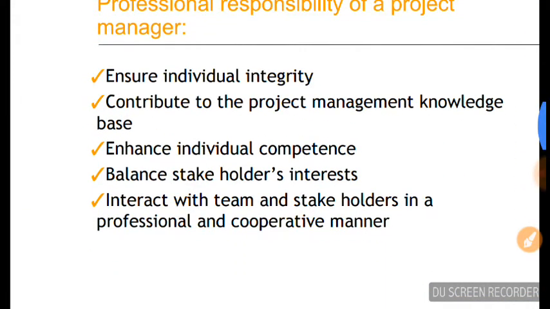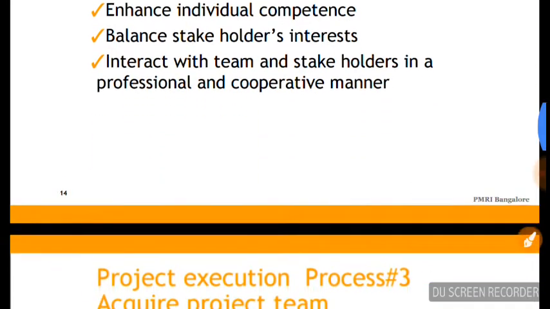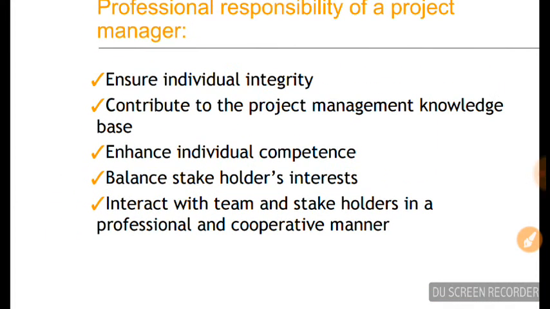Then ensure individual integrity, contribute to the project management knowledge base, enhance individual competence, balance stakeholders' interest, interact with team and stakeholders in a professional and cooperative manner. So in order to get a full list of this, my suggestion is go to pmi.org, download the PMP handbook, and when you go to the last page, there is a link, professional ethics.